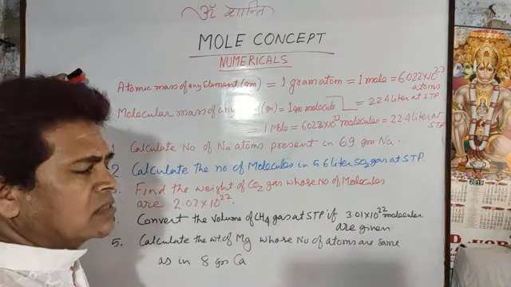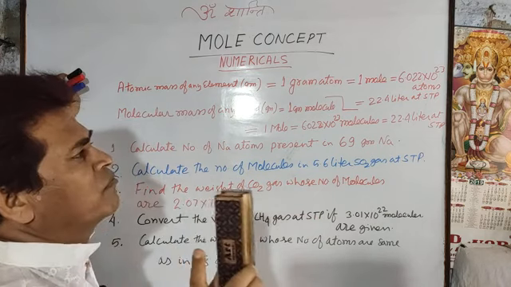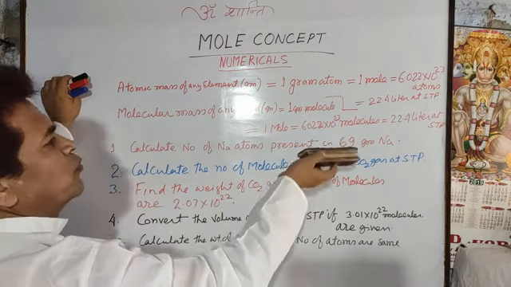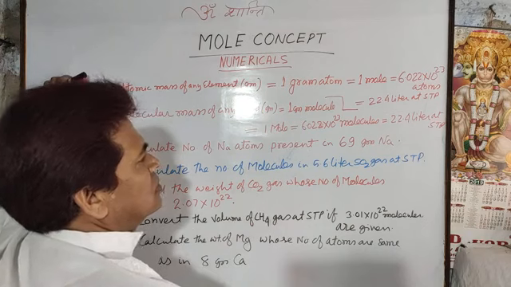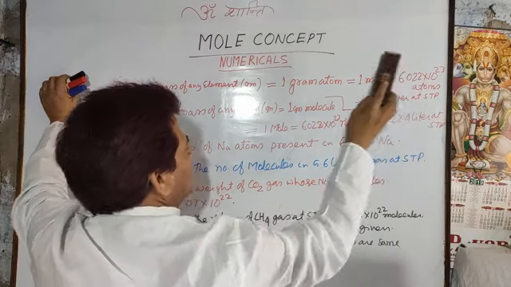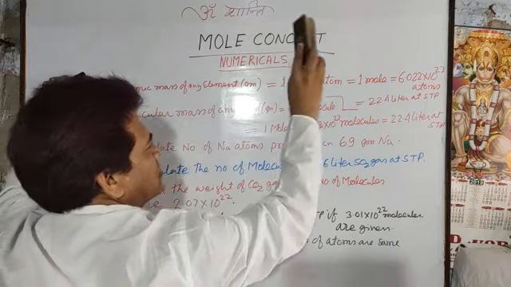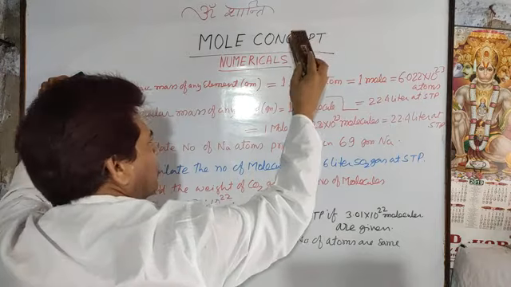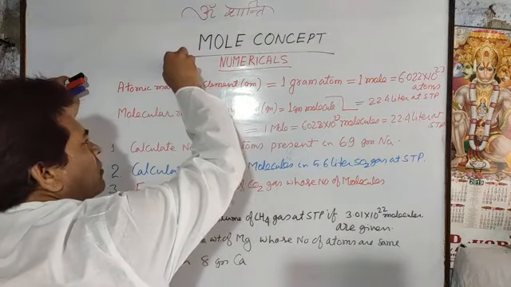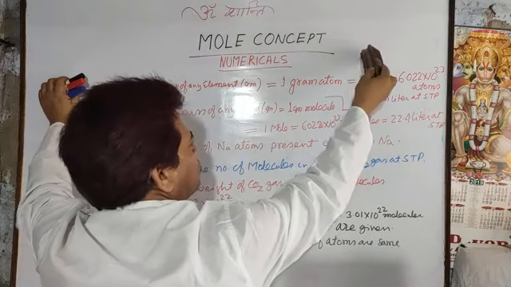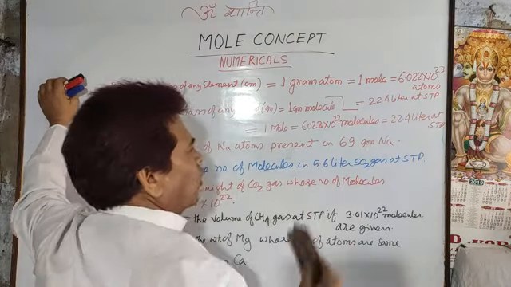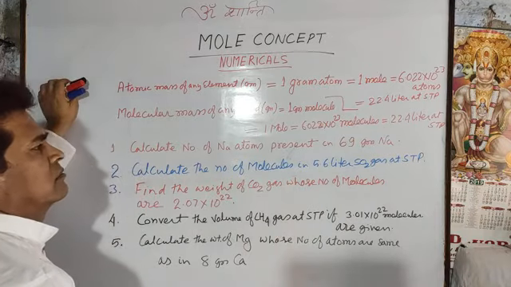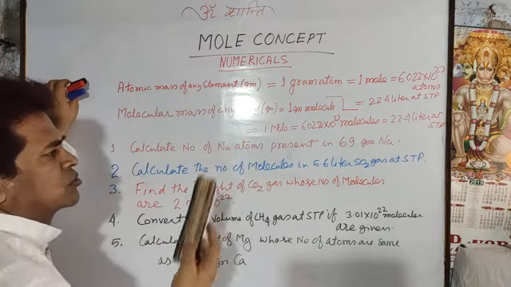So in numericals only one term will be given. On the basis of that value you have to find any other term. Suppose the number of atoms is given, you can calculate the weight of that element. Suppose the data is given in moles, you can convert it into number of atoms, gram atom or weight. And suppose moles are converted to volume. Likewise, if any term is given, the other terms can be calculated. Likewise in compounds or ions, the same way.